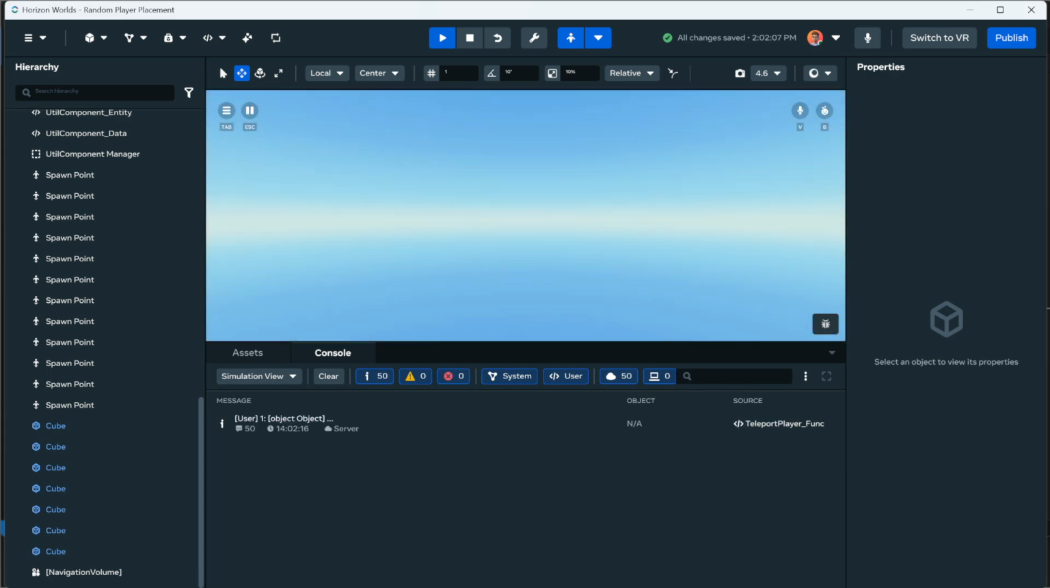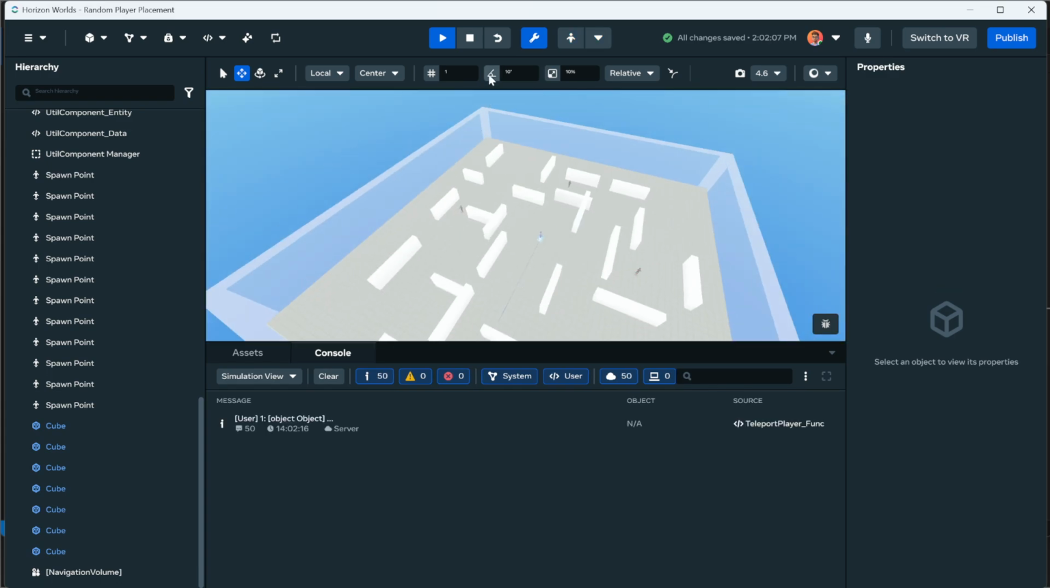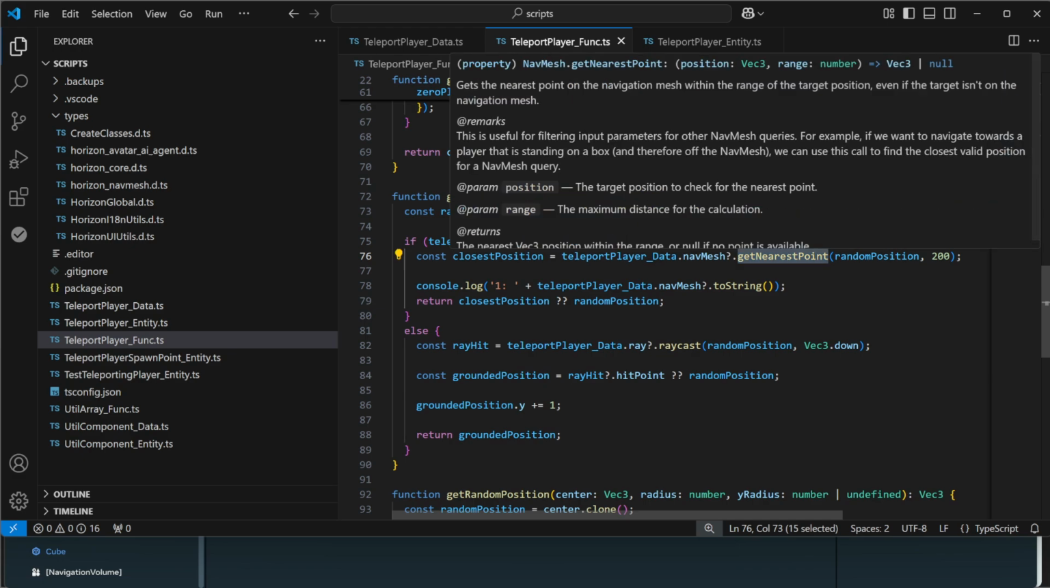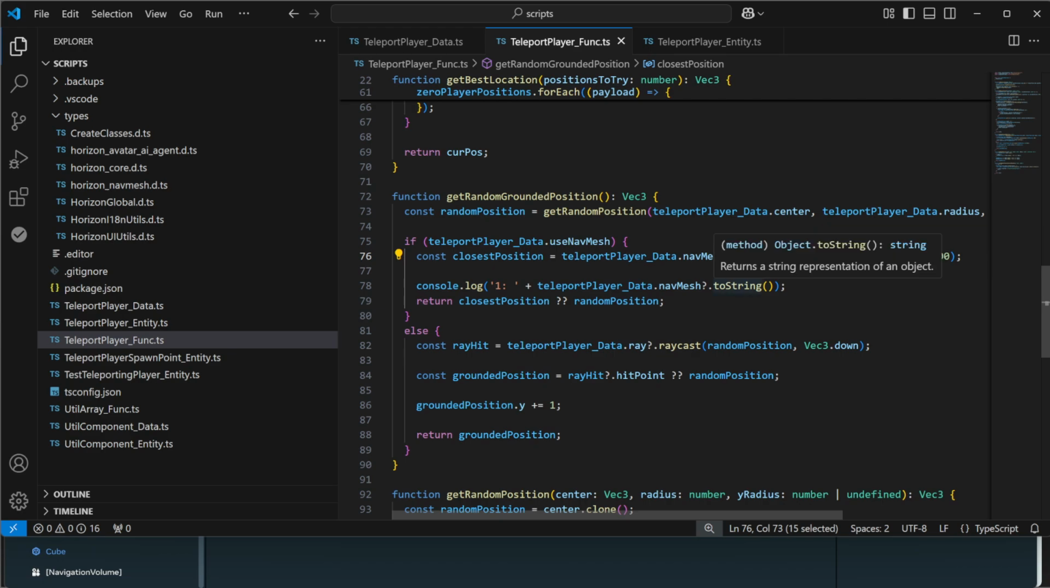All right, it returned an object. Okay, so it is defined. That's surprising. That is very, very surprising. Okay, so the nav mesh is defined, so the get nearest point is the problem. So we passed in the random position. The range must not be allowed to be that big. So let's take,